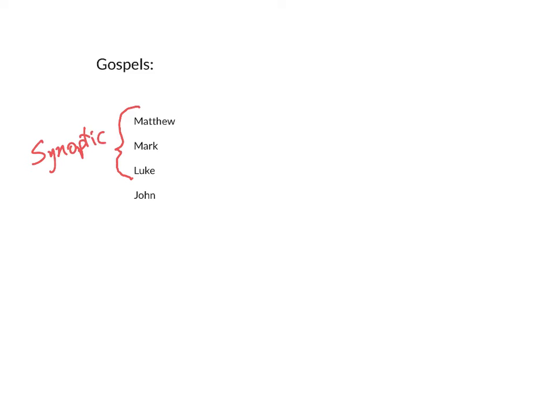Probably the first of these is Mark. I mean, the first one to be written, the earliest. And it was probably written well before the end of the first century. So I'll just put late first century. In other words, within 50 years or so of the time of Jesus, probably considerably within that time. Mark is the shortest of the three synoptic gospels, the shortest of all four of the gospels, and it moves very quickly, bam, bam, bam, bam, telling the incidents from the life of Christ.